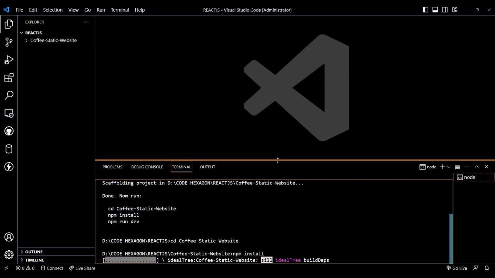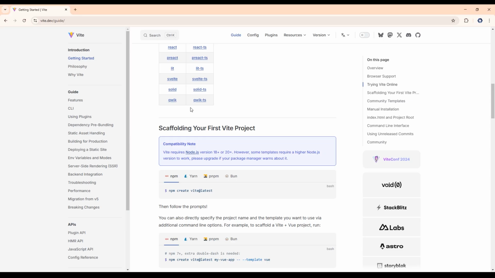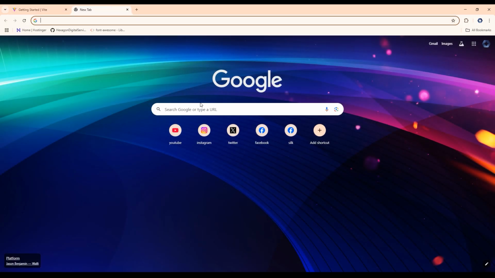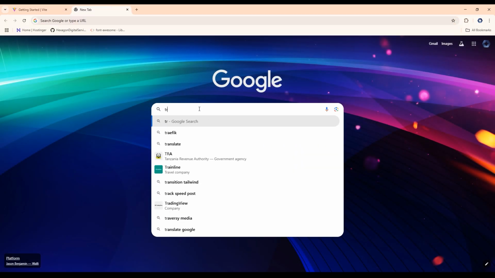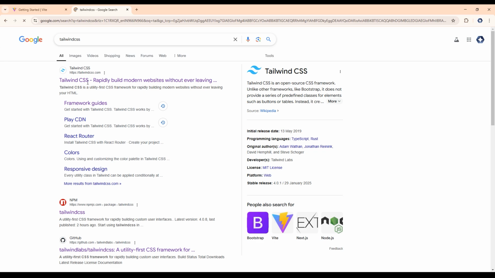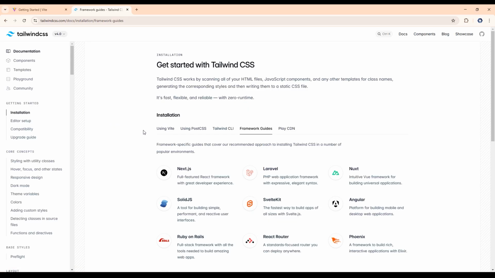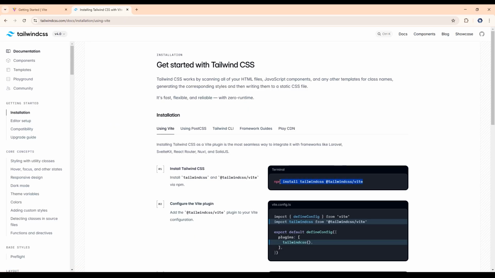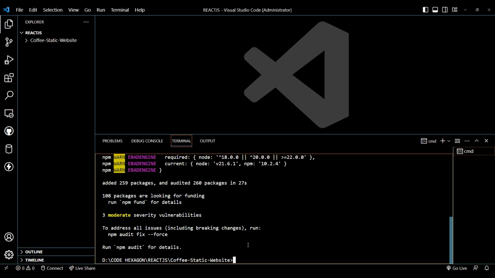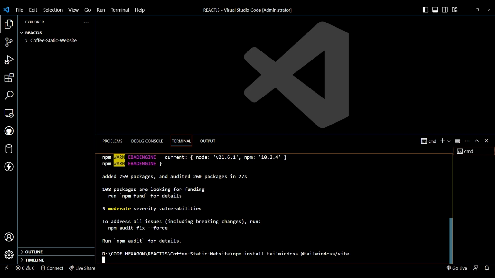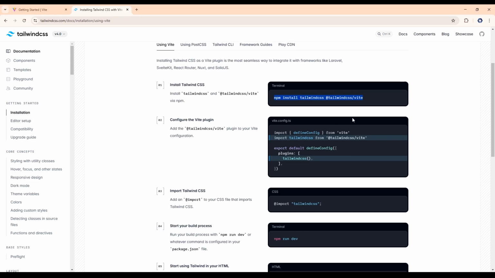Till the time they are installing, let's go to Chrome and install Tailwind CSS. Type here Tailwind CSS. Click on framework guides. Click using React using Vite. Copy this line and paste it in your terminal. Now copy this line and go to,